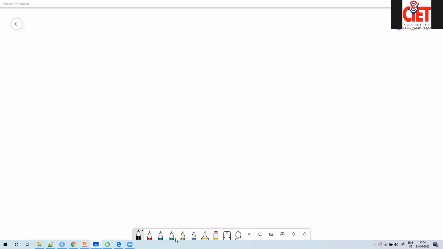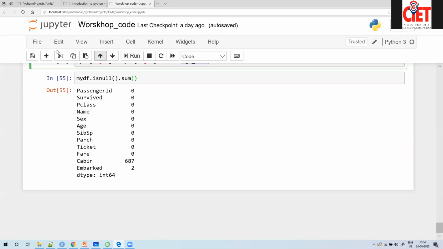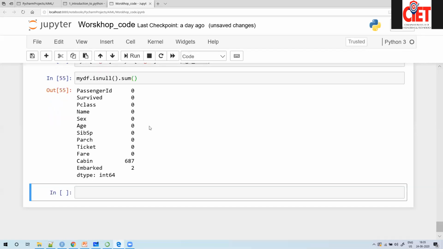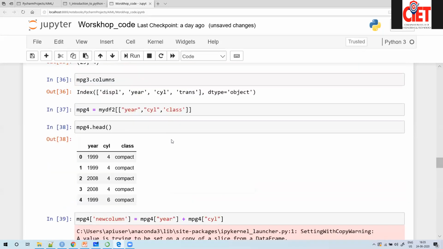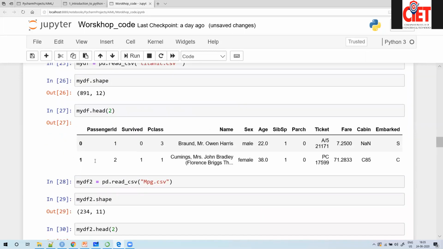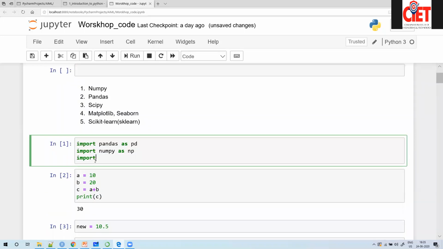Now, let's try to build them. Let's take one column at a time. I'm going all the way up to add few more things over here. This is another way of importing. So you have seen importing the entire module at a time. Now we are going to import submodule from